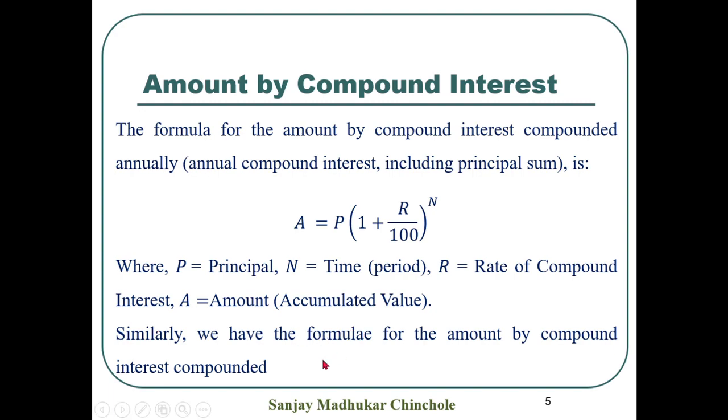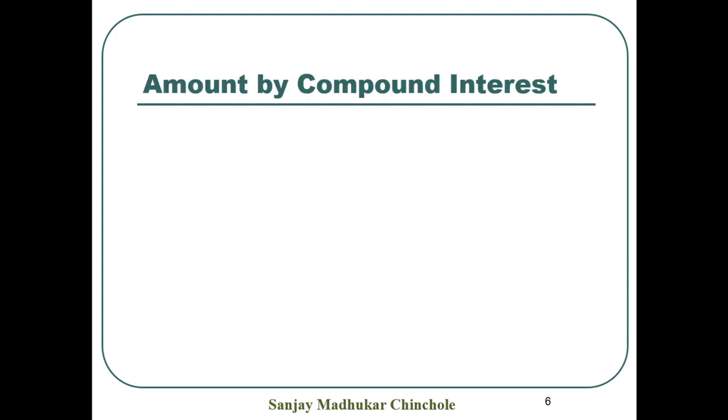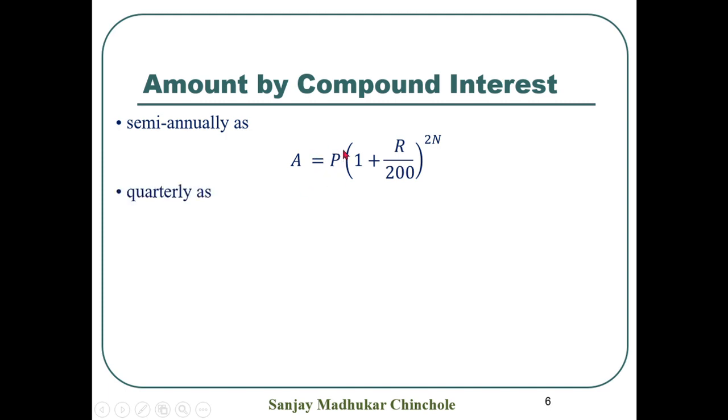Similarly, we have the formula for the amount by compound interest compounded semi-annually. Semi-annually means half yearly. Whenever the compound interest is compounded half yearly, it is also called semi-annually, and in this case the amount will be given by the formula A is equal to P into bracket 1 plus R upon 200 raised to 2n,